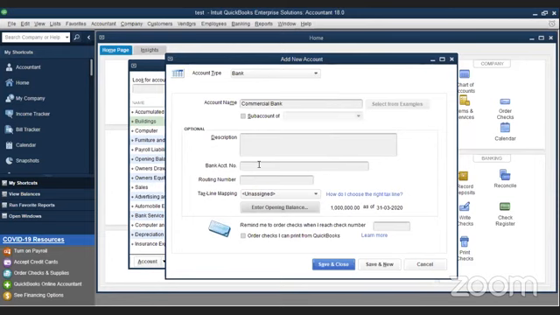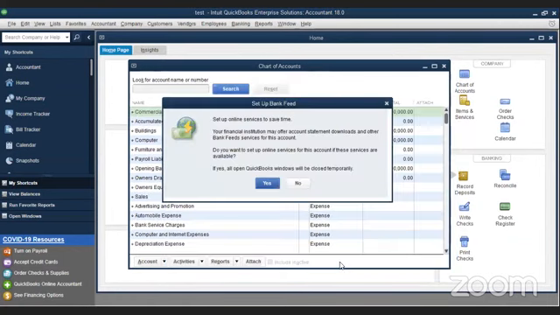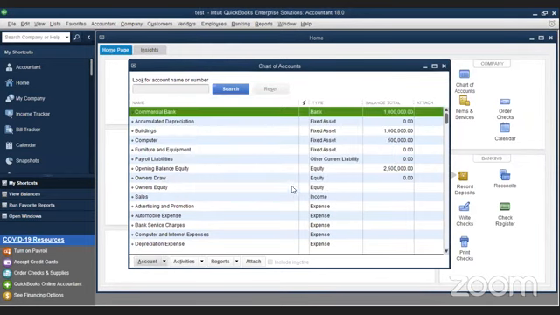You can always put your bank account number, routing number. So when you're actually working in a real platform, you can put these things, which is a must. Here, I'm not going to do those things. I'm just going to create commercial bank and I'm going to close it. So I have created a bank account.